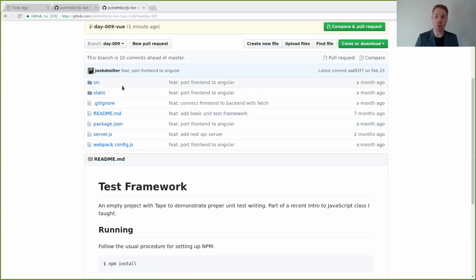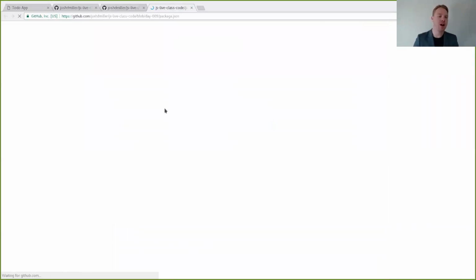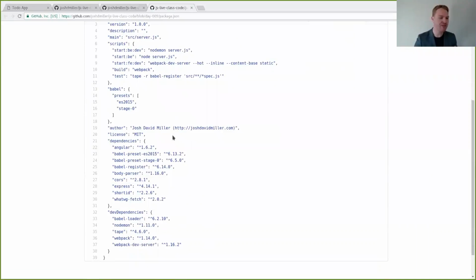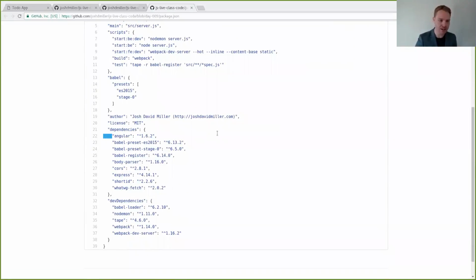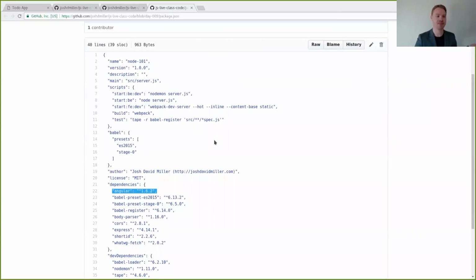So this is what we wrote 2 classes ago, where we used Webpack, we pulled everything together, and now we've added Angular. Right? So we'll start with just our package.json. Okay, and inside of our package.json, we'll see there's very, very little that's changed here. We've added Angular because duh, but we've added Angular so that we can make use of that, and that's it. That is the difference in our package.json. So npm install --save angular, done. Right? So now we got Angular installed.